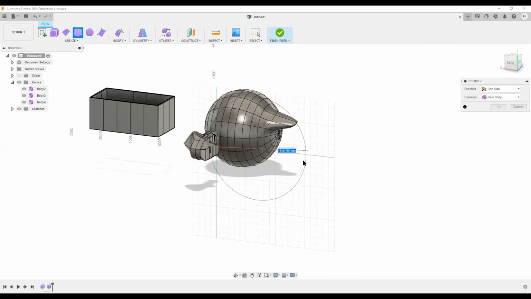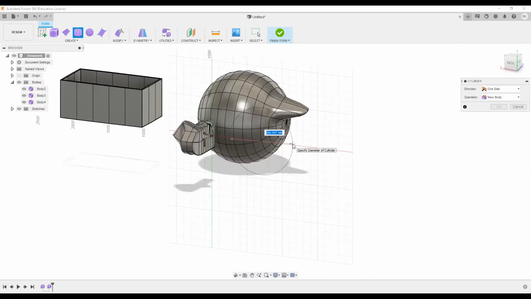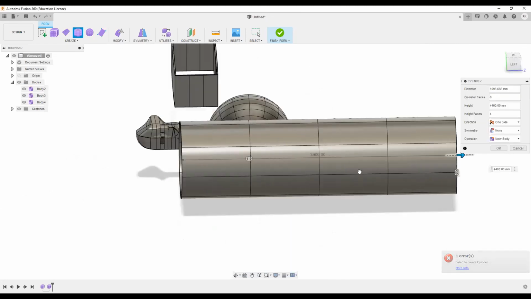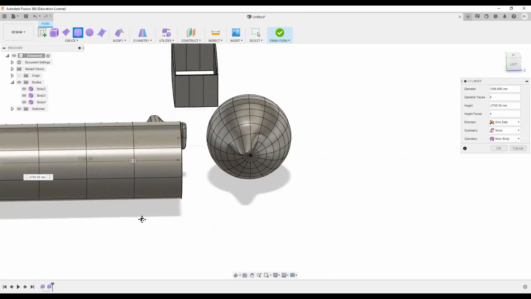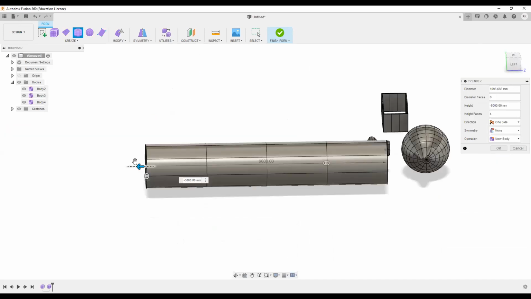For the cylinder, we have to first decide the diameter. And after deciding the diameter, we'll have to choose the length of the cylinder, this way or this way. And also we can change the number of faces, the diameter faces and the height faces.